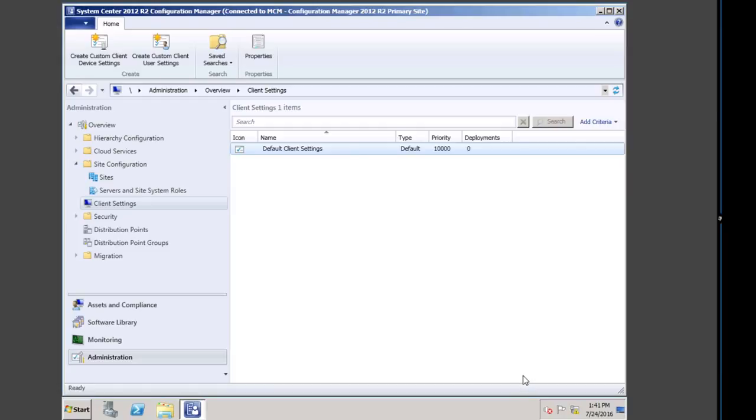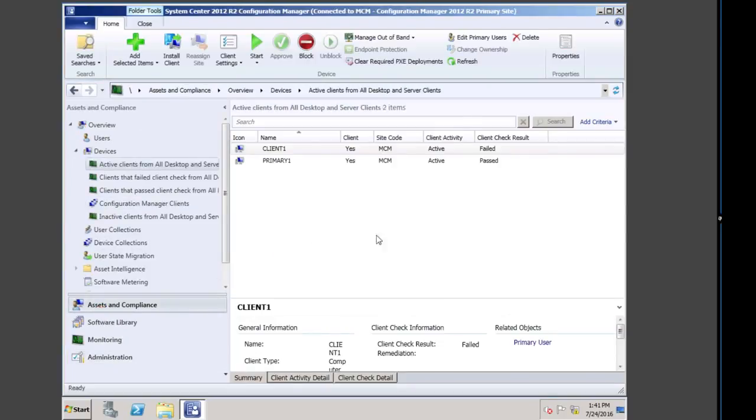However, with service pack 1, we are now on release 2. But since release 1, we have the ability to do all this from the console. So let's go to the assets and compliance,